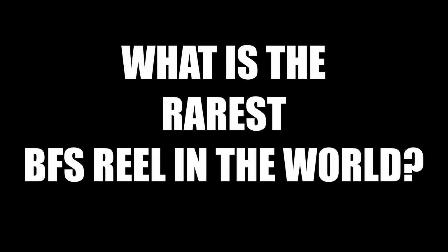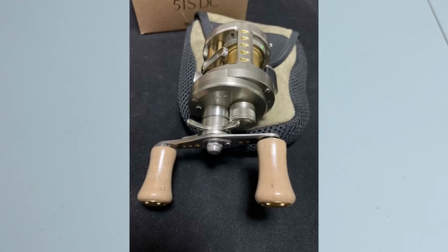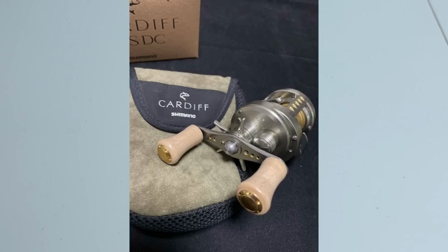So we're going to start this video off by asking a question. Now, in the near 20-year history of bait finesse, there have been several bait finesse reels that have come out. But what is the rarest bait finesse reel of all time? Could it be Shimano's ultra expensive, long discontinued Cardiff 50 DC, the only bait finesse reel ever to feature Shimano's